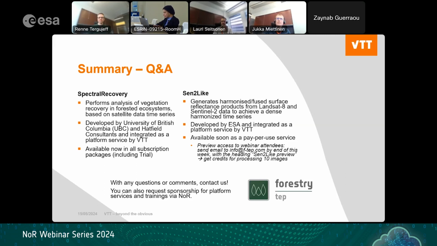There's another question about the spectral recovery tool. Are there any comparative assessments or methods available to convert spectral recovery to above ground biomass recovery, if AGB stands for that? Yes, very interesting topic again. In theory,